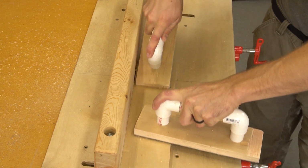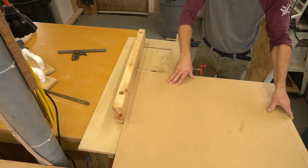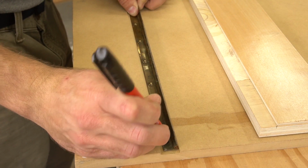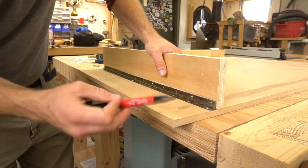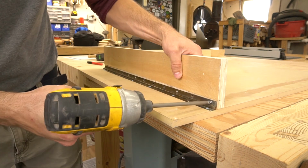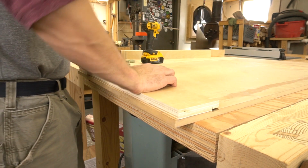Then, I ran that wider piece and the main backboard through the router table to make a channel that will house the piano hinge. This way, these two pieces will be able to make full contact with each other once assembled. Starting with the backer board, I mark and pre-drill the screw locations, then attach the hinge. With that secured, I line up the wide frame piece and attach that as well. Here you can see how the piano hinge hides inside that channel, allowing the two pieces to lay flat against